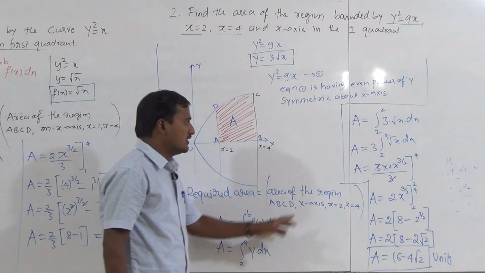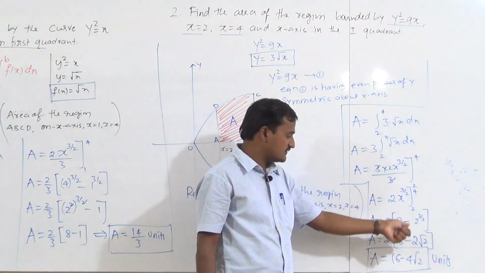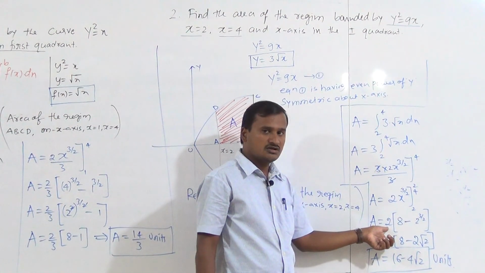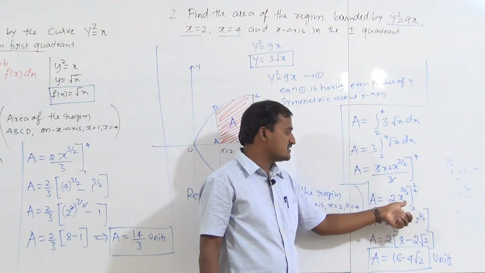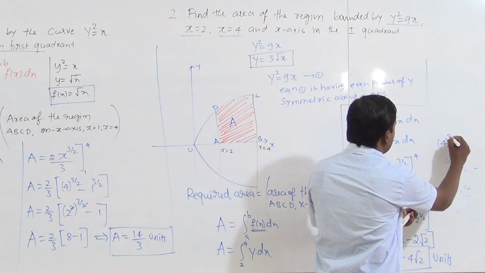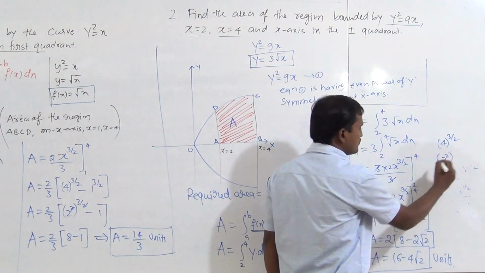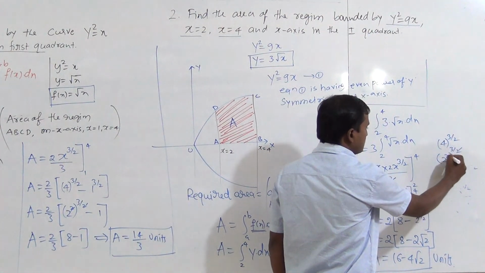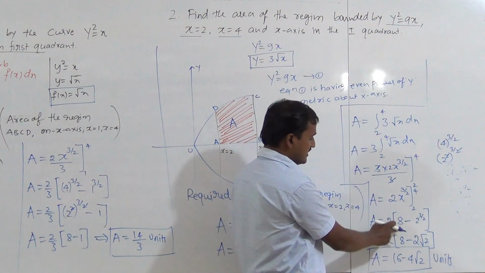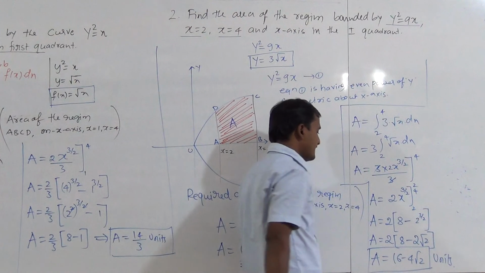While simplifying this one, first you should substitute the upper limit, after that you have to substitute the lower limit. So here I have taken these two outside. The value of x is 4 to the power 3 by 2. How will we write 4 to the power 3 by 2? We will write it as 2 square to the power 3 by 2, this 2 and this 2 will get cancelled, and 2 cube is nothing but 8. Directly I have taken this one. So this is the second.